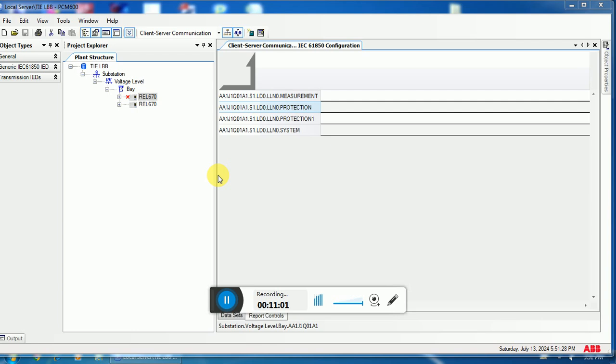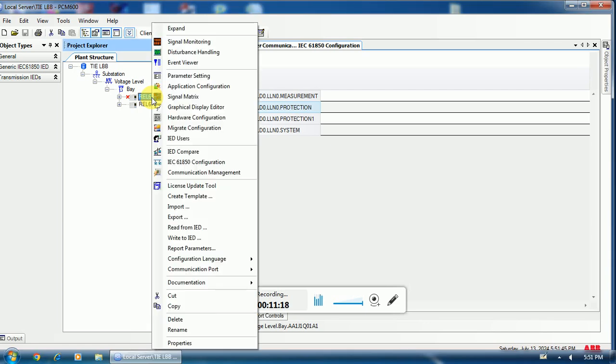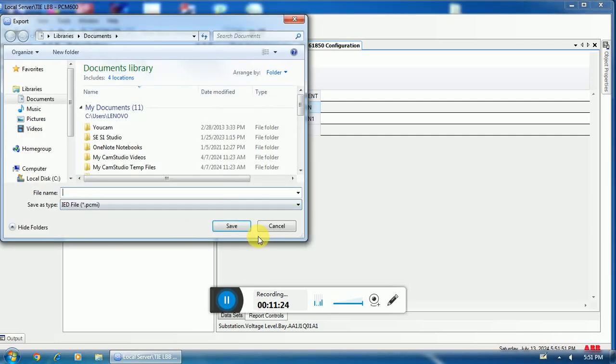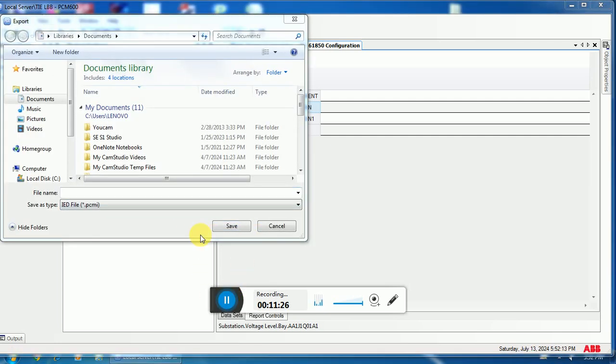now we have to export the ICD file, CID file or IID file. What the requirement of that SCADA is, which SCADA we are going to use for communicating this relay into that SCADA, depends upon that file. So for exporting that file, ICD or CID file, just right click on it and go to export. Here you can see,